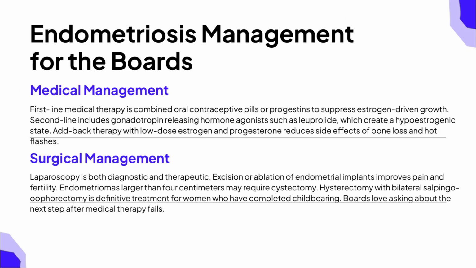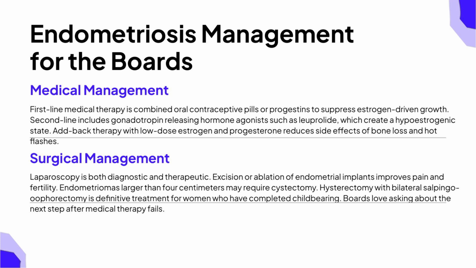Now let us review endometriosis management for the boards. For medical management, first-line therapy is combined oral contraceptive pills or progestins to suppress estrogen-driven endometrial growth. Second line includes gonadotropin-releasing hormone agonists such as leuprolide, which create a hypoestrogenic state. When using these agents, add-back therapy with low-dose estrogen and progesterone is important to reduce side effects like bone loss